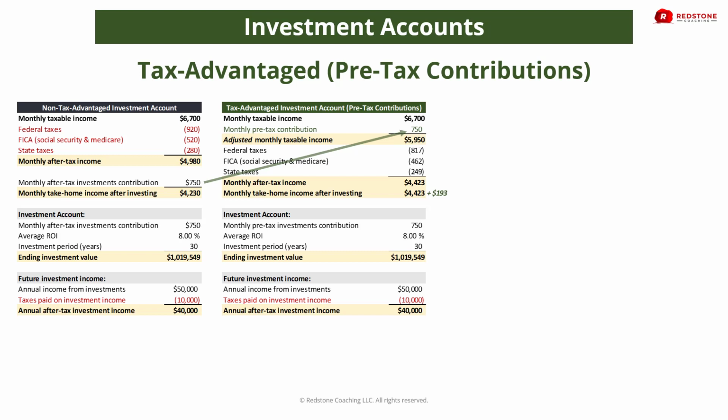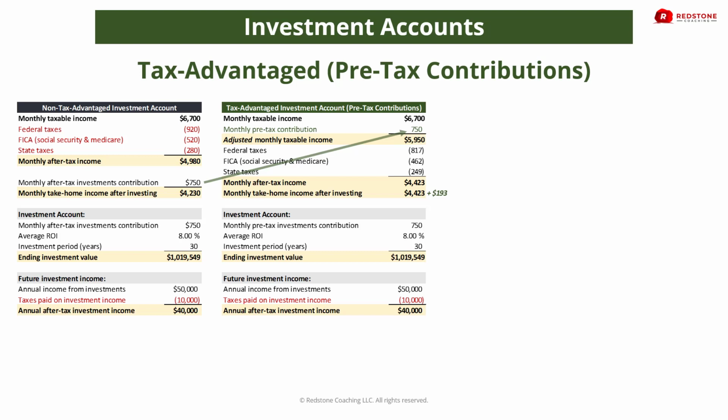Well, before you pay any taxes to the government, you're going to be able to contribute money to your pre-tax contribution tax advantage account, which means that your adjusted monthly taxable income is actually going to be lower. So you'll only have to pay taxes to the government on $5,950. So then your federal taxes are going to be lower, your FICA taxes are going to be lower, your state taxes are going to be lower, and your monthly after-tax income is going to be